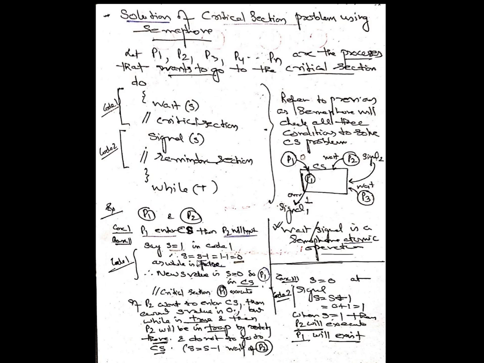Automatically when it is in the 1 mode, you will see that here it becomes 1, it becomes 0, and this 0 plus 1 is 1. This indicates that S is equal to 1, that this P1 process is coming out, and here the P2 process, because P2 has got S equal to 0 in the signal, that means